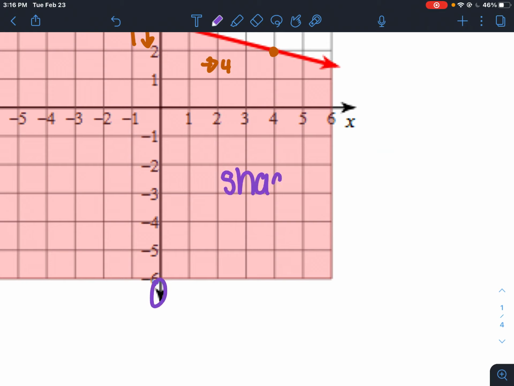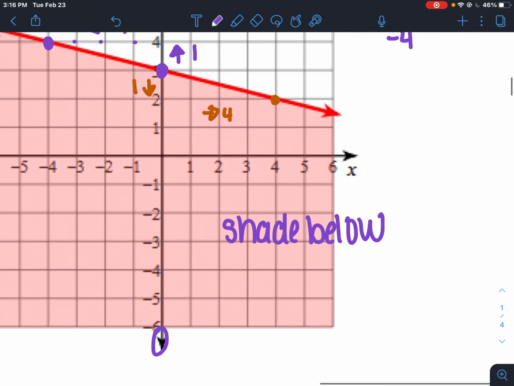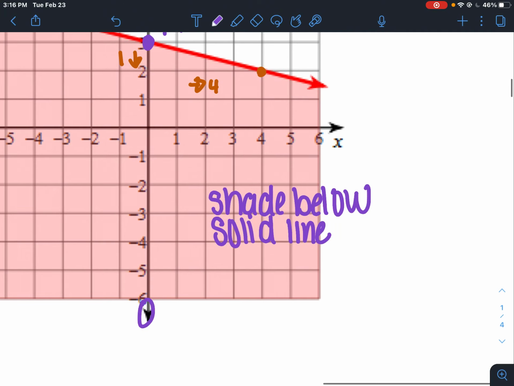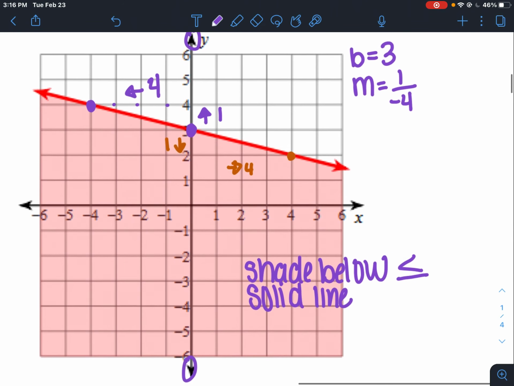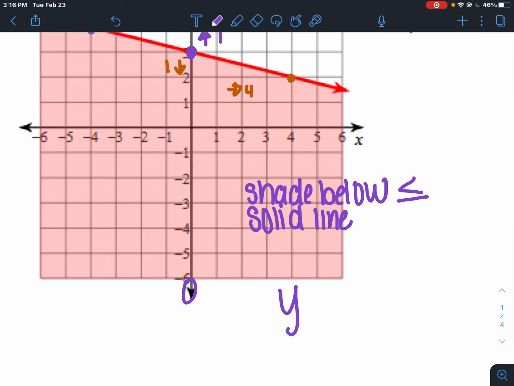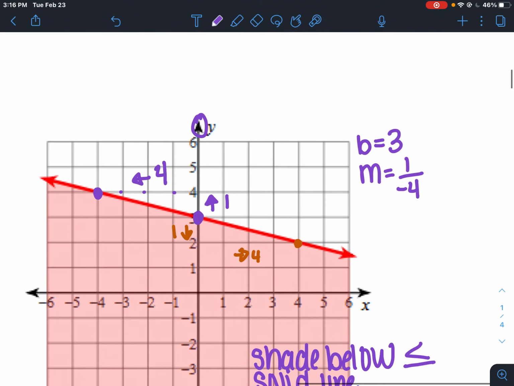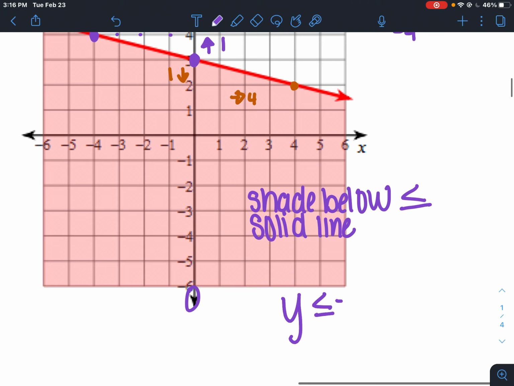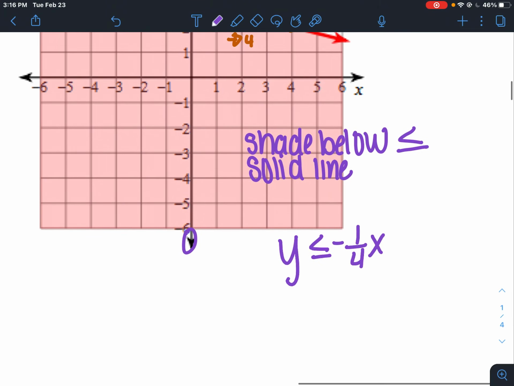So we are shading below, and my line is definitely solid. So that means it's going to be less than for below, equal to for a solid line. So my inequality is y less than or equal to my slope, which is negative 1/4 x, and my y-intercept,